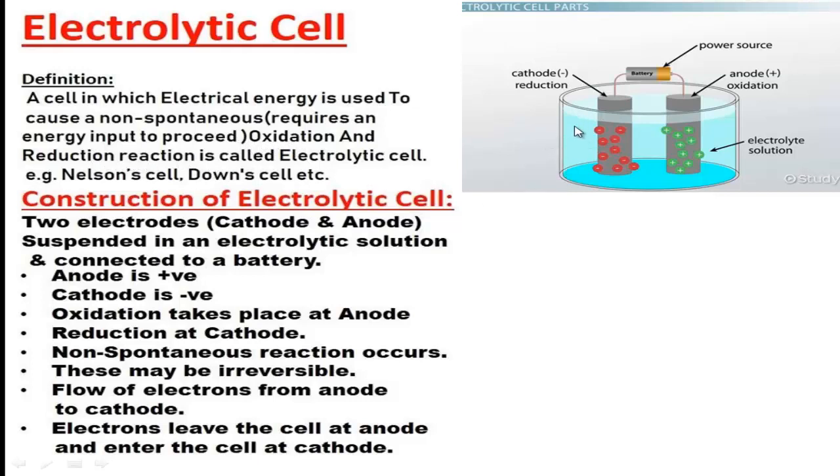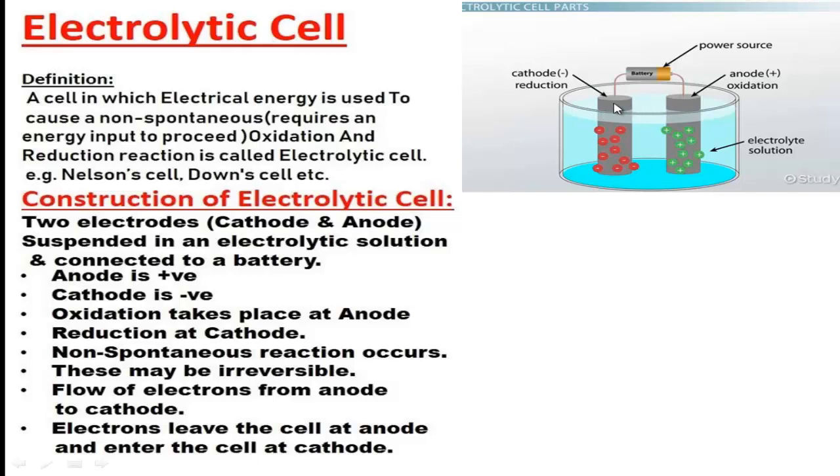That means, follow here, this is a cell. It can be made of ceramic or glass, and there is used electric supply, battery, and also there are used two electrodes. You know about these electrodes. One is positive electrode, anode, and another is negative electrode, cathode.